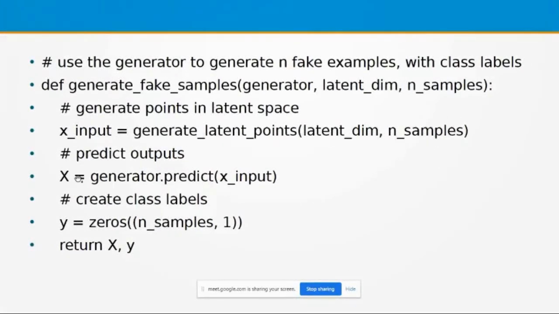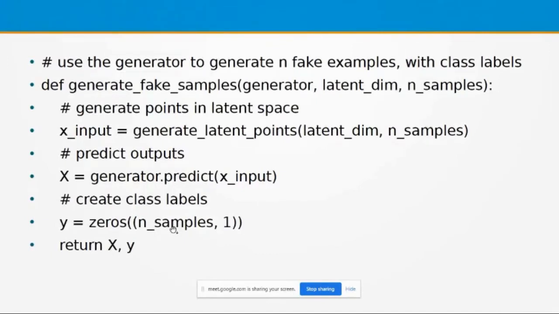In order to generate those n samples images, we use this generator model together with the predict method, and inside the predict method the parameter is X input. When we provide that X input, n samples images are generated, and those images are now available in X. So X now contains all the generated images, n samples generated images.